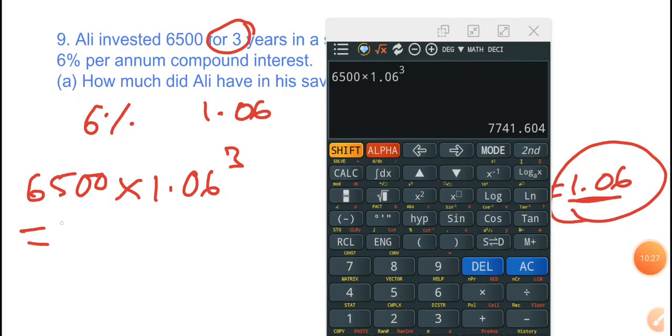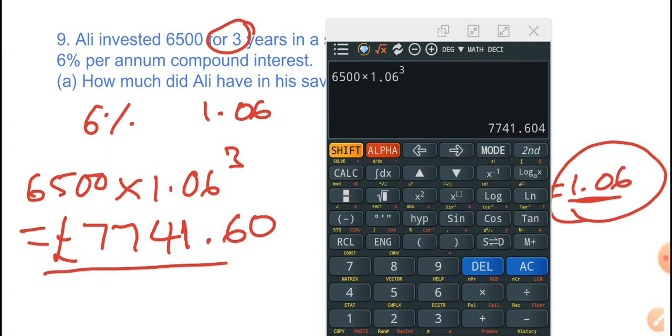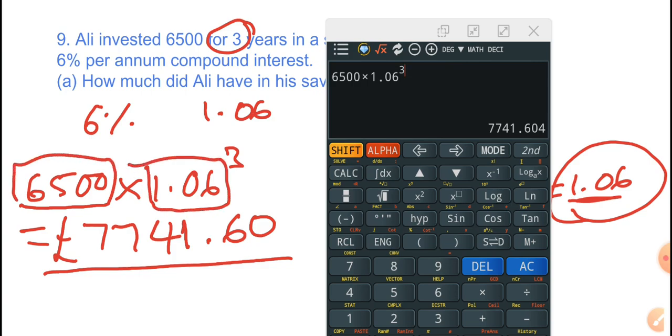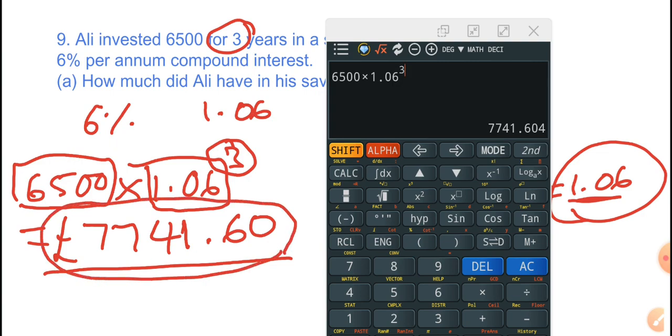So if we write that down, that's £7,741 and 60p. So the initial amount invested was £6,500. The decimal multiplier is 1.06 because it was a 6% increase, and the index, or power, here is 3 because it's 3 years, and the total amount in the bank at the end of the 3 years is that much,